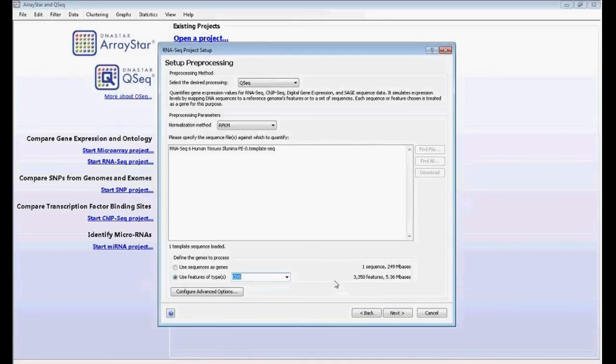Once you've made all these selections, you'll simply click on Next to begin the alignment. No, I'm sorry, not the alignment. I keep on saying that. I apologize. It's a quantification. The alignment has already been done in SeqMan Engine. So you click on Next, and once it's finished,